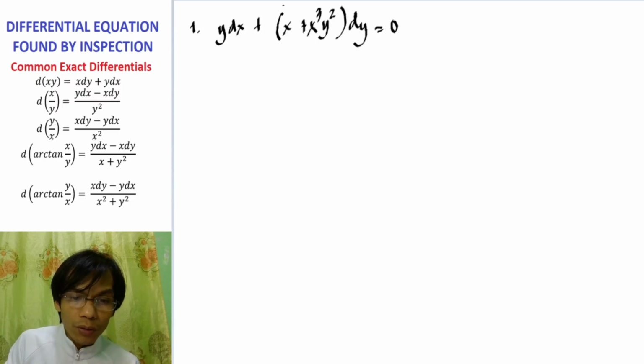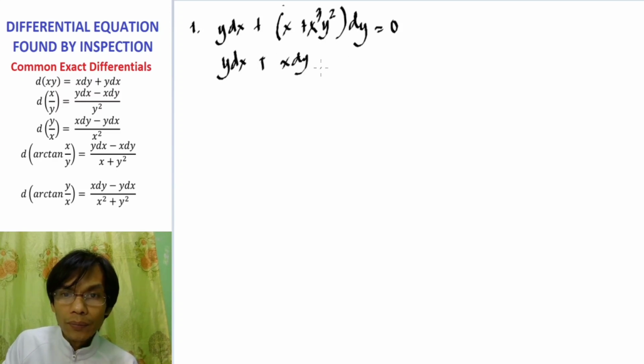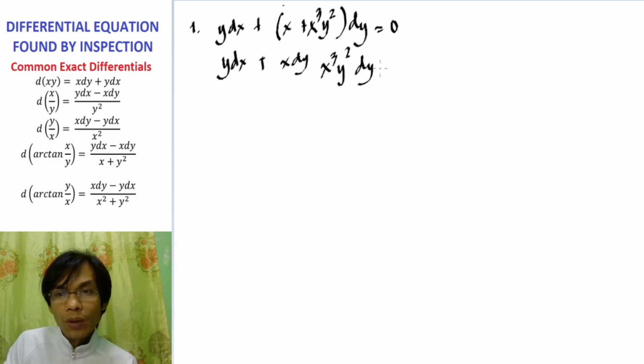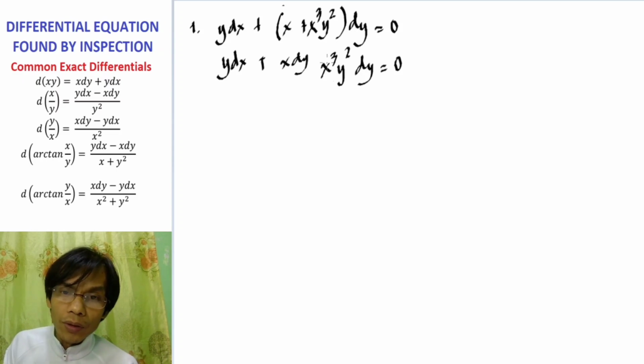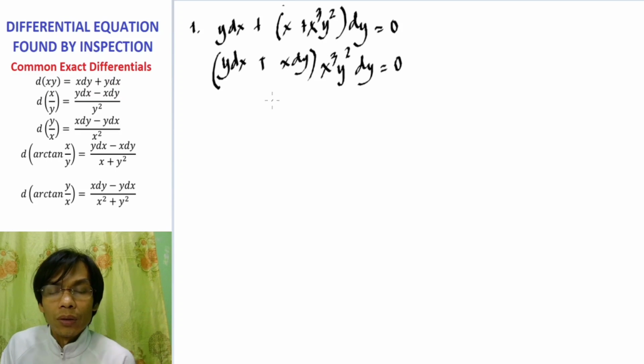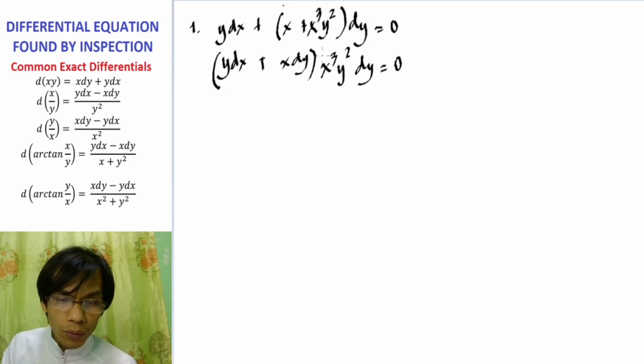The first thing we have to do is distribute. So y dx plus x dy, and then x cubed y squared dy, that is equal to 0. Now, we have to regroup it. So we group those with the same degree,